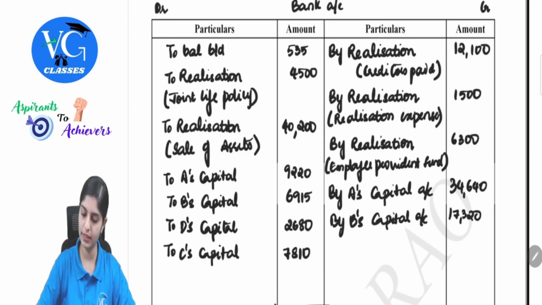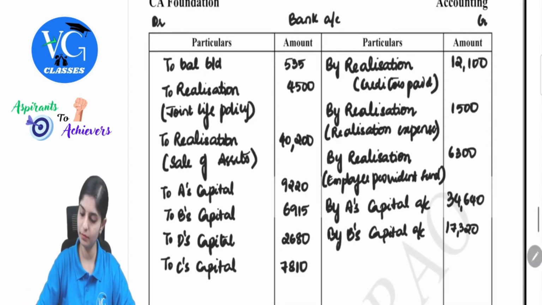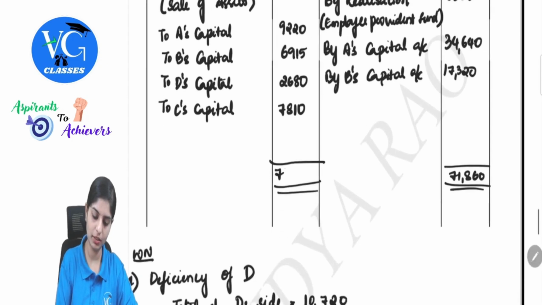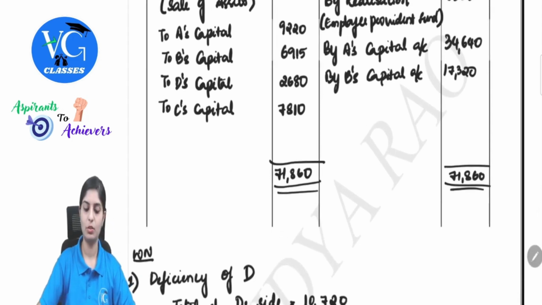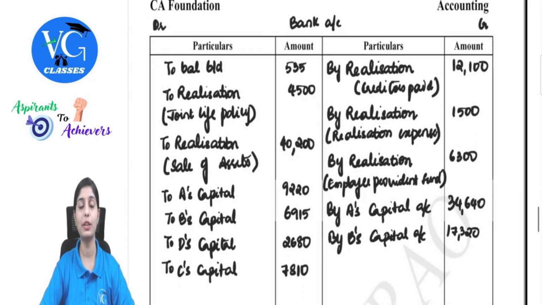Then 1,200, 1,500, 6,300, 34,640 plus 17,320, 71,860, minus 535, 4,500, 4,200, 9,220, 6,915, 2,680. So 71,860. So the difference between this question and the previous question was with respect to the deficiency, there was a capital ratio